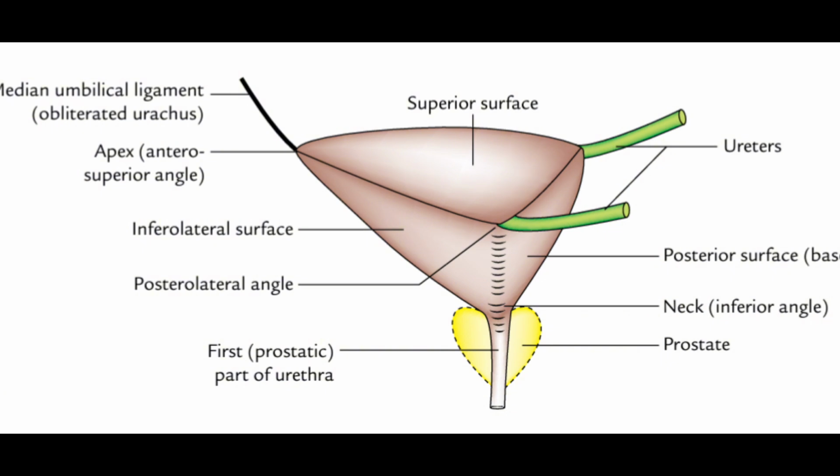So the correct answer is upper aspect of base, where at the lower aspect the urethra will connect inferiorly. And the next, the fourth one, is superior surface, which is the dome shaped side. And the next one is infralateral surface. There are two infralateral surfaces cradled between the levator muscle and internus